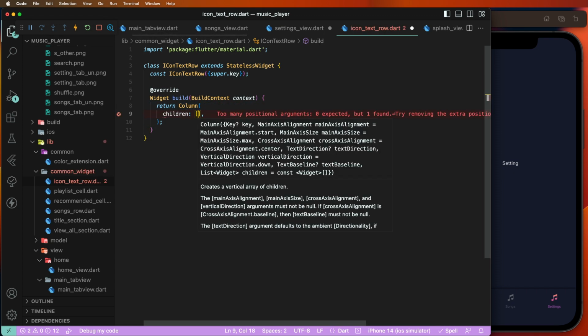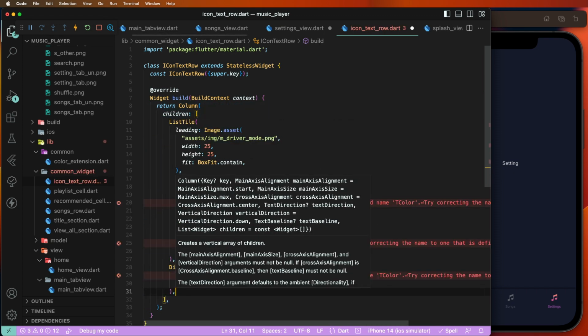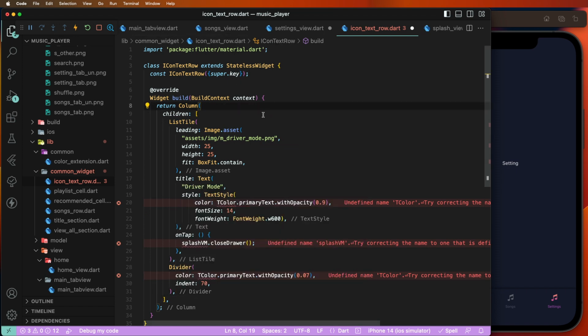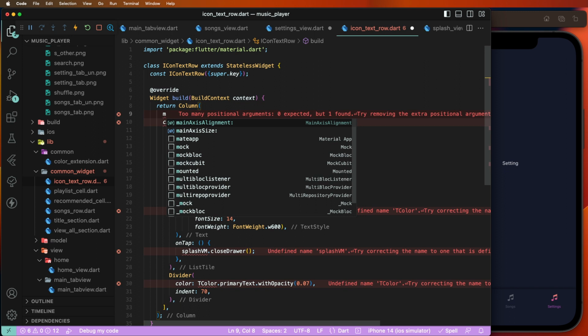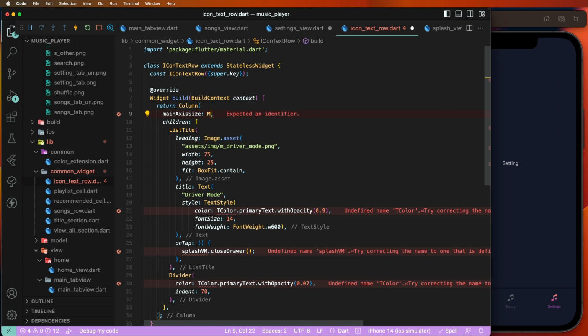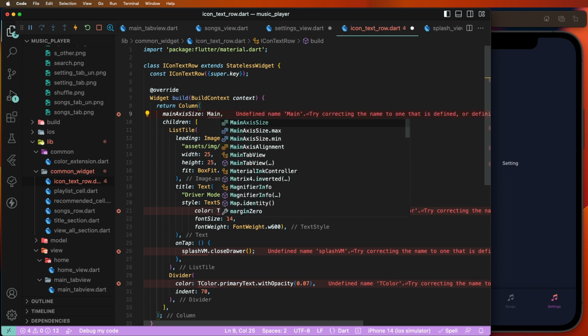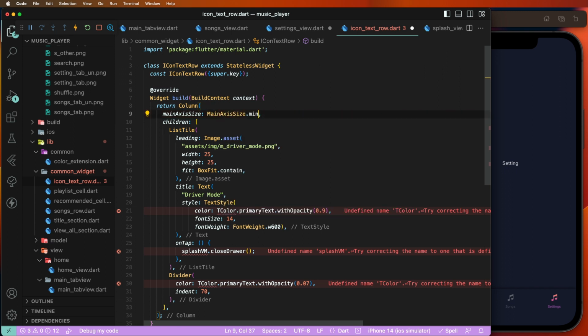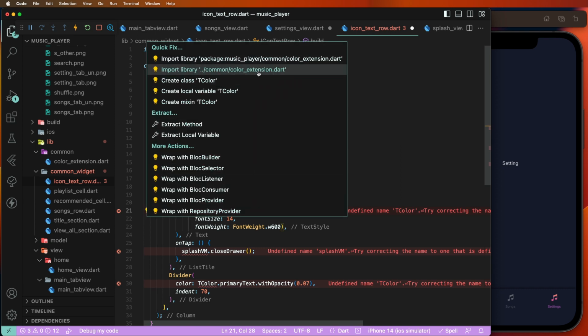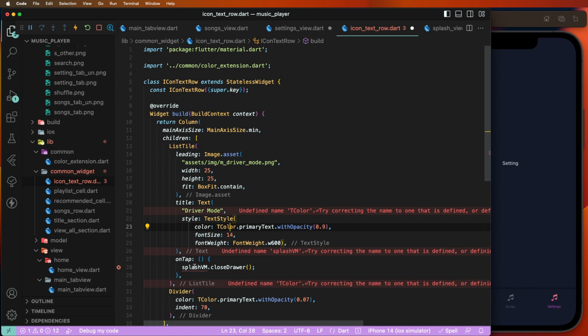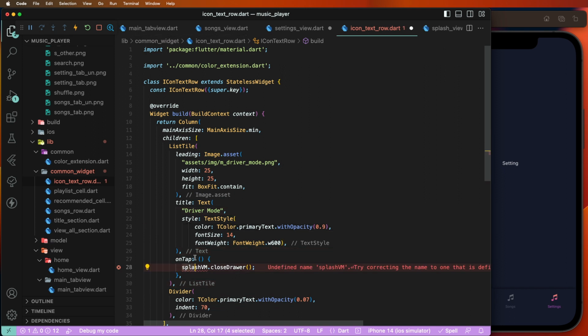Now to create here the children, we need to paste this code here for the tiles, and now need to write down here the main axis alignment, not main axis size. We need to set here the minimum, and to import here this color extensions, and we need to tap the code,